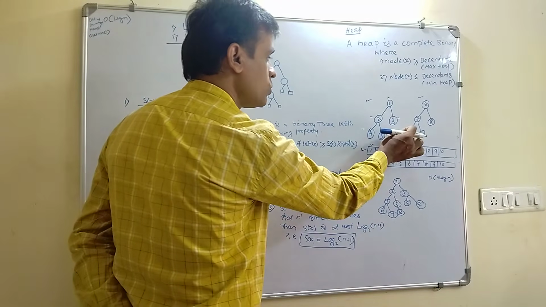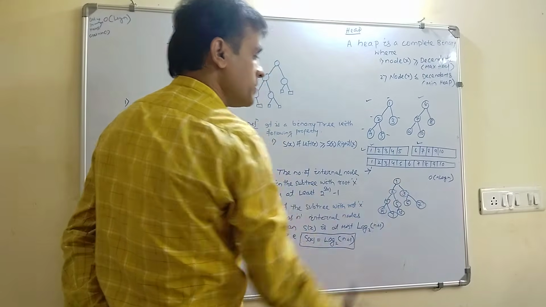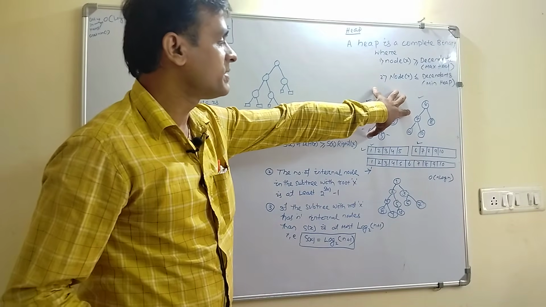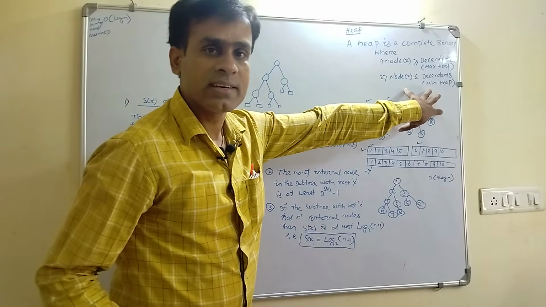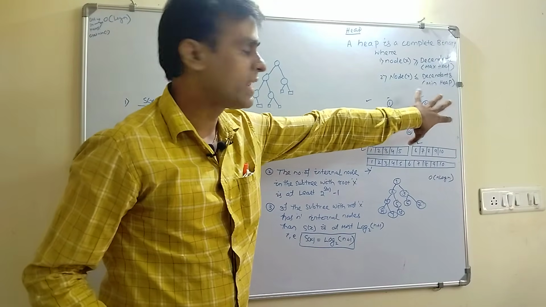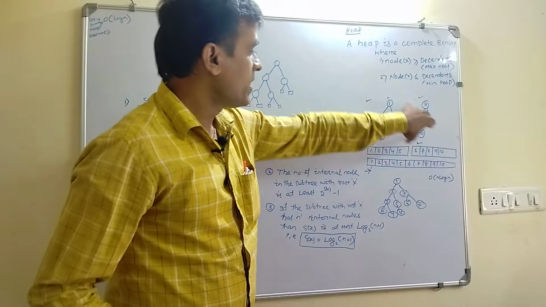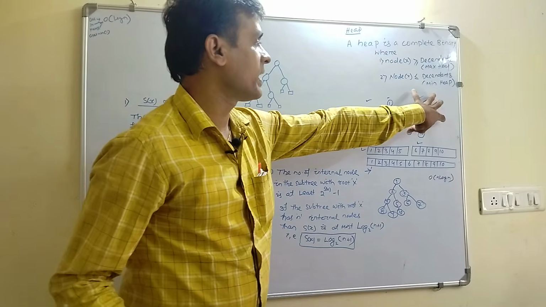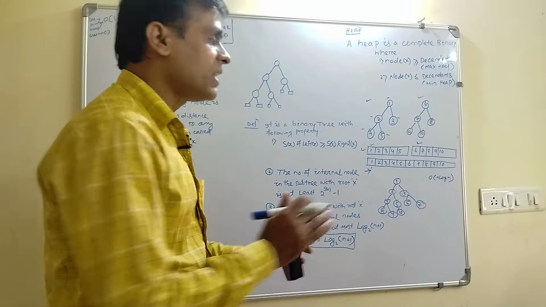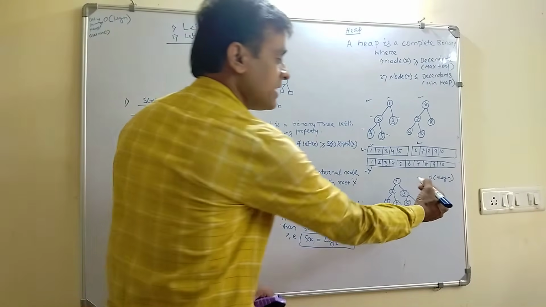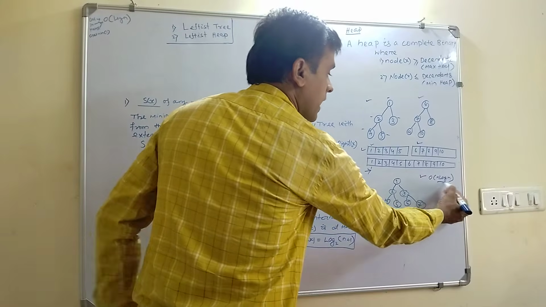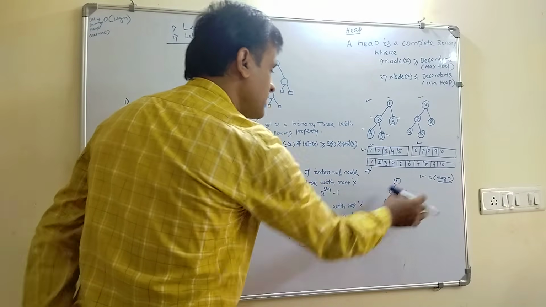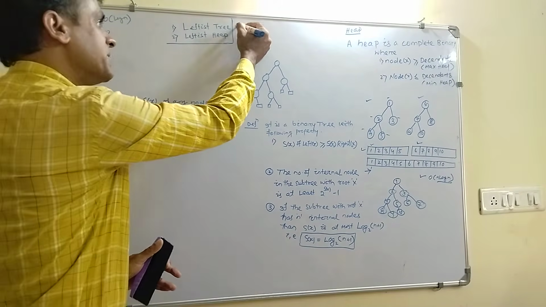After merging these two heaps, what is the time complexity it has taken? We have to consider the height of this tree, which is log n, and the height of this tree, which is also log n. So to compare n elements, you take n log n time for this, n log n time for this, and a total of 2n log n. So it can be represented as big O of n log n. But to reduce this merge operation, we will go for our leftist tree.